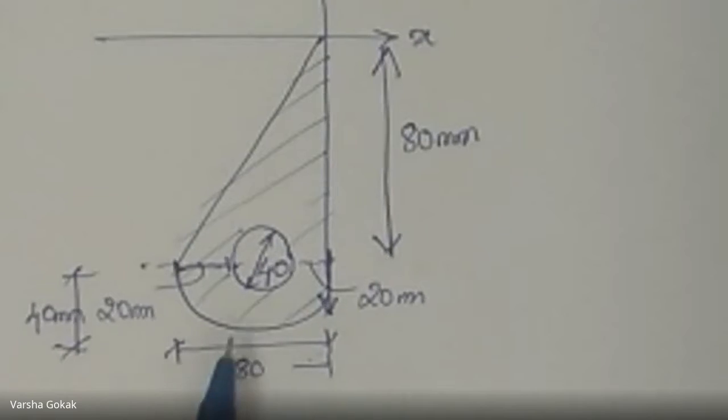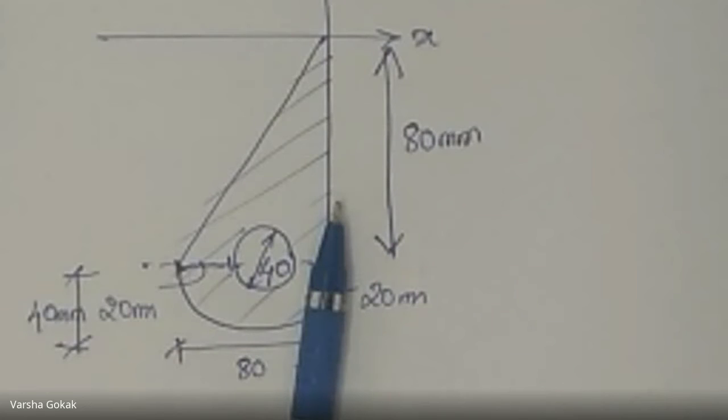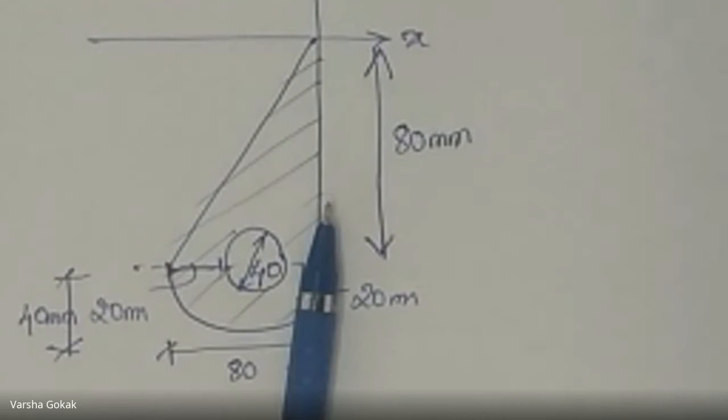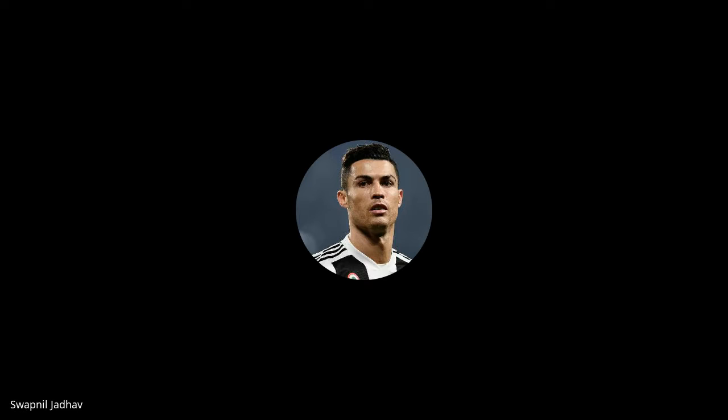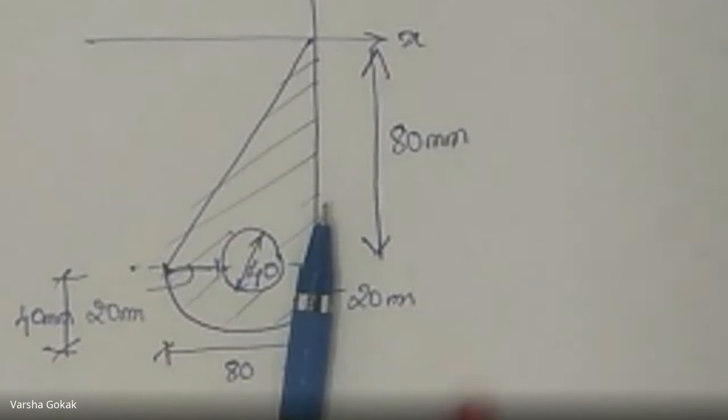Now, tell me first, how many geometric figures do we have over here? You can put it into the chat box also. 2. Okay. Shifa says 2. Anybody else? Any other answer? Shifa, it is wrong. Answer is wrong. 3, ma'am. 3. Which 3, Gota? Triangle, circle, semicircle. Correct. Triangle, circle, and a semicircle.